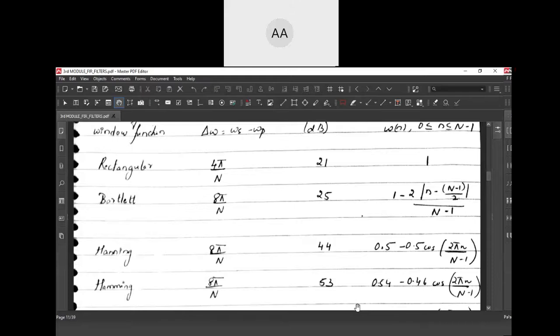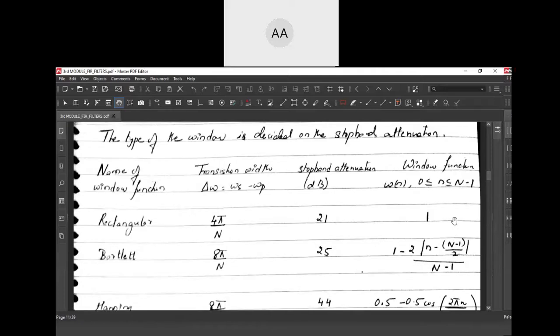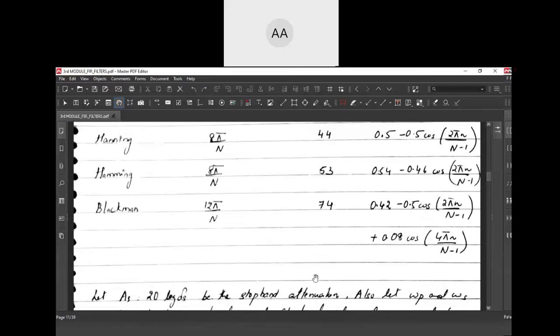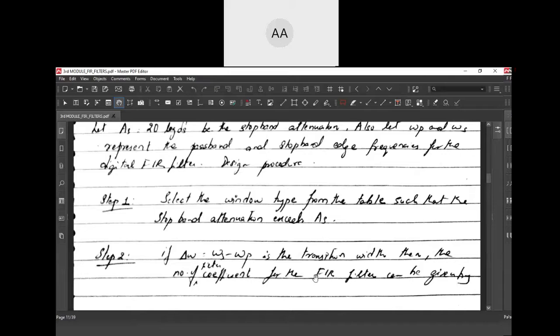I will write a few more pages and add them in the classroom along with the table. This is sufficient actually, but in very rare cases they can even give you the amplitude of the side lobe and ask you to do it. So as of now, just understand this much. You will have all these things, and then you're going to solve your problems.